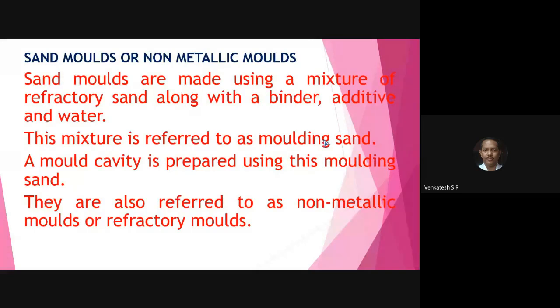Next, there are two types of molds. One is made from green sand or dry sand. The other one is non-metallic molds. Non-metallic molds means, as all of you have seen in brick, the same type of refractory material is used for making a mold, which is made in the molding section and heated in the furnace so that you can directly pour the molten metal.